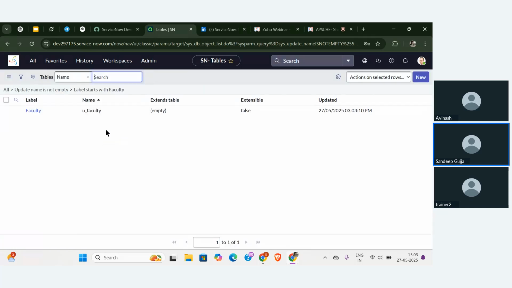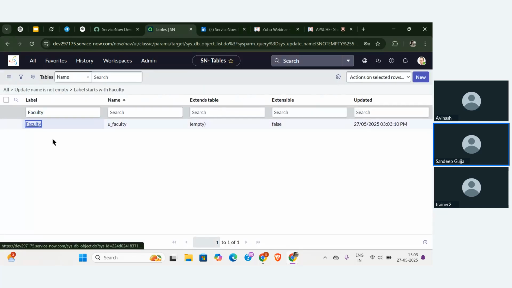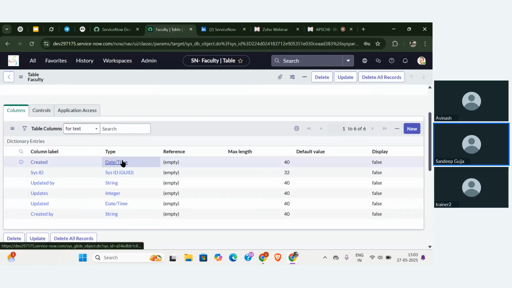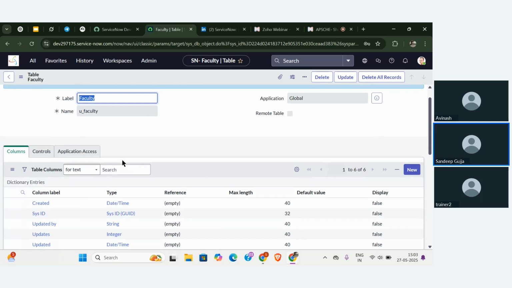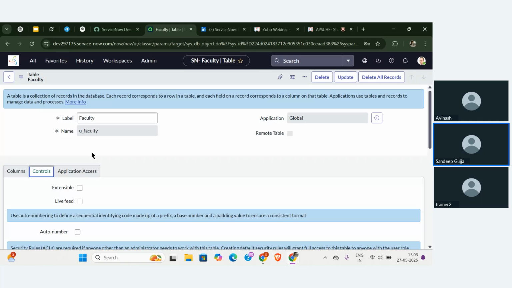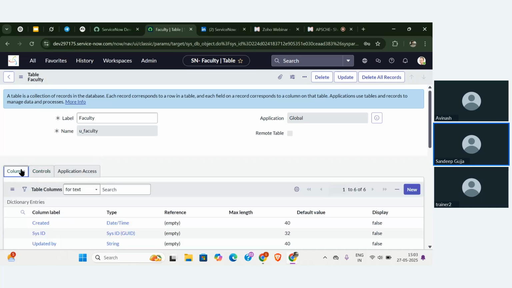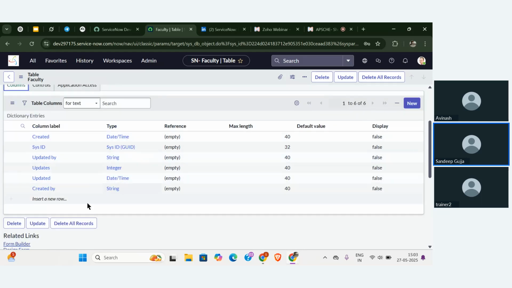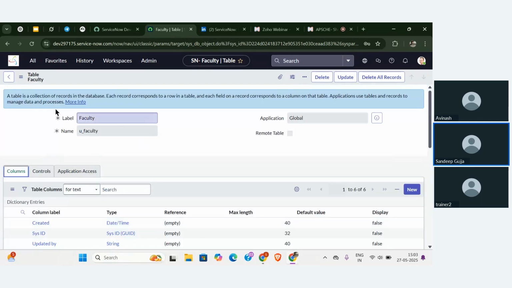So let me search for my table, faculty, and click on that. Here you can see whenever I'm creating a table, it is automatically creating some things: 6 fields, 1 role, 4 ACLs, as well as an application and a module for the table. Okay. So now let me quickly create a few fields in that, but I will use a different way, guys, so that